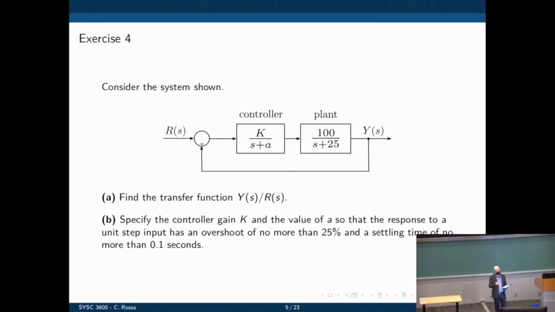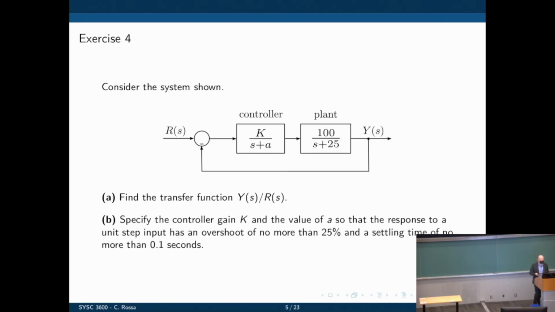We have a plant that we are trying to control. We have a desired signal, an output signal, and we have control over the value of k and the value of a. Those are two constants. And as designers, we can choose what to put in k and what to put in a. But as we saw before, when you multiply everything, it will be a second order system. We need to be careful with the choices we make here because we may make this system underdamped, unstable, and so on. So the question is, find the transfer function y over r and specify the controller gain and the